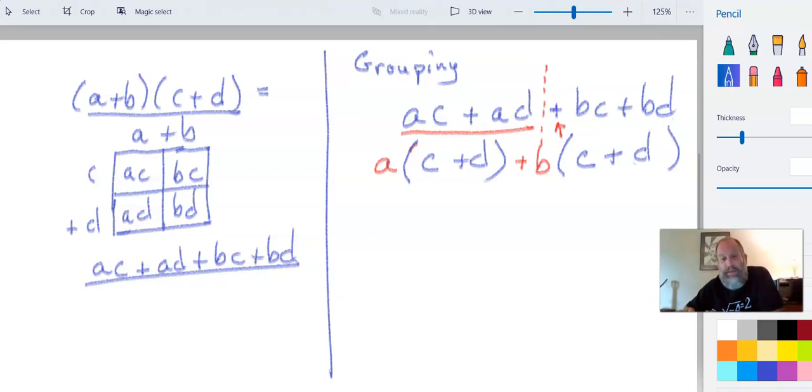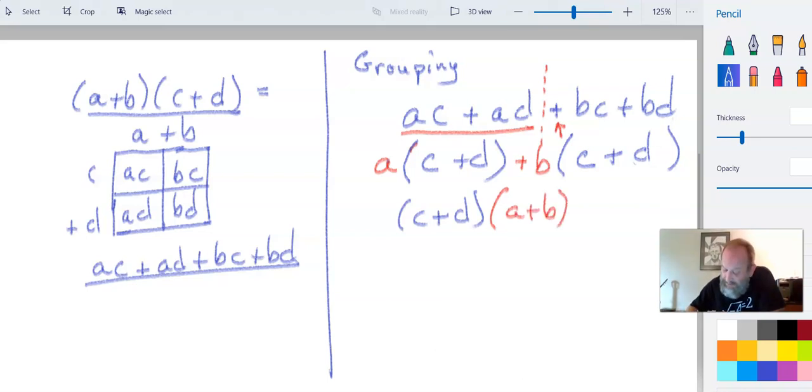Now the two things I'm looking at now, because we've turned the front end into one term and the back end into one term, and if we look at this, the common factor between the front end and the back end is C plus D, and so I can pull that out, and that's what I'm going to do. So let's pull out a C plus D, and you'll notice what I'm left with when I pull a C plus D out is what's in red here,